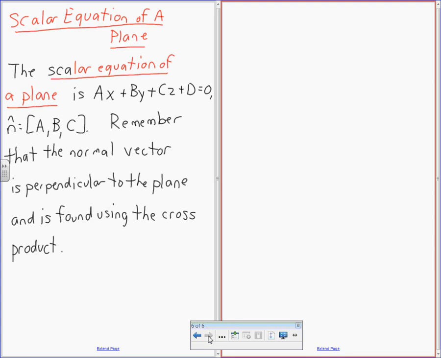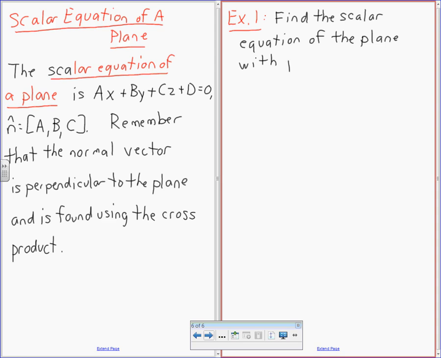Here we go. Example 1. Find the scalar equation of the plane with point P(4, -1, 3) with normal